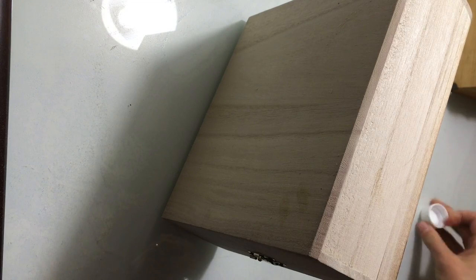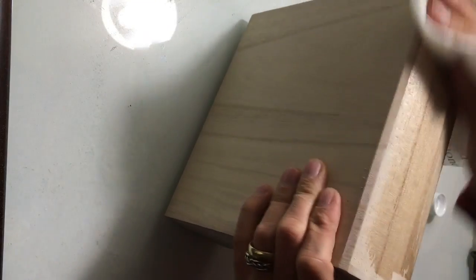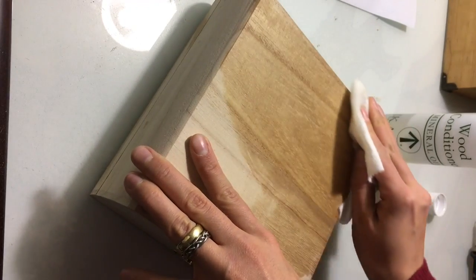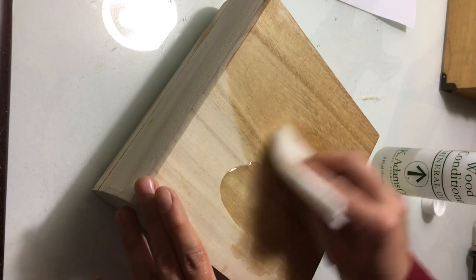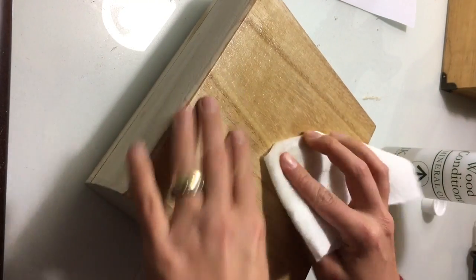If something is going to be coming into contact with water a lot, I would recommend using a wax to finish it. It's pretty easy. You just get a stick of beeswax and you melt it in. Like, you melt the beeswax, brush it over the top, and then use something like a hairdryer or a heat gun to melt the wax onto the surface, rub it around just like I'm doing with the oil. And that will give you a really nice seal that won't splinter at all when it comes in contact with water. But even though this is a tea box, I don't predict spilling tea on it,